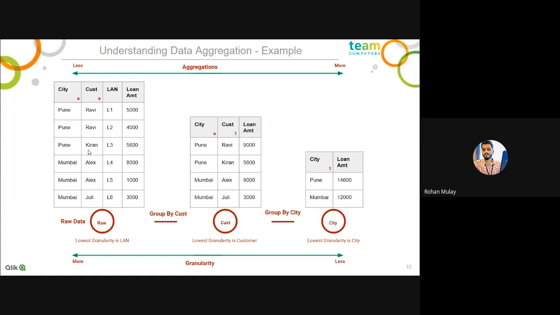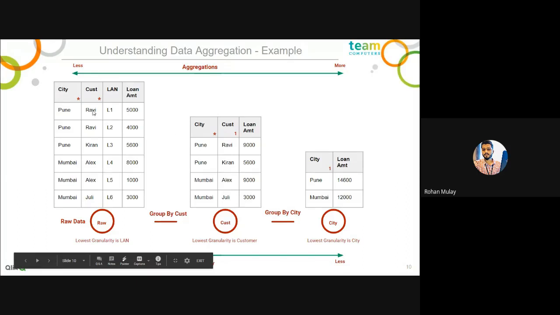You can see another customer, he has only one loan. Another customer again has two loans. Then another customer has only one loan. So this data is more granular, and what is the granularity? The granularity of the data is the maximum. The LAN column is at a very detailed level, so the data is granular at LAN, the loan account number. In the next step I move ahead when I apply group by on customer. Now what happens in the next step?